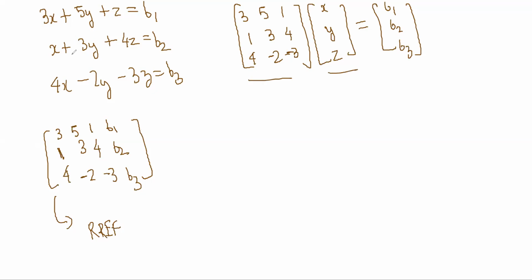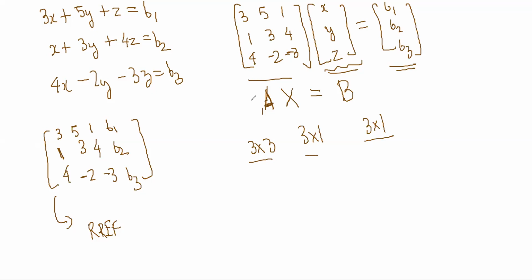You can also write it like this. Now you can write it in terms of a product of two matrices. This is my coefficient matrix. This is my unknown vector that I want. X, Y, Z is the vector, and this is my final output vector. Notice that it works out nicely because this is, say, 3 cross 3, and this is 3 cross 1, and finally it becomes 3 cross 1. Basically, it fits in the form of matrix multiplication also.